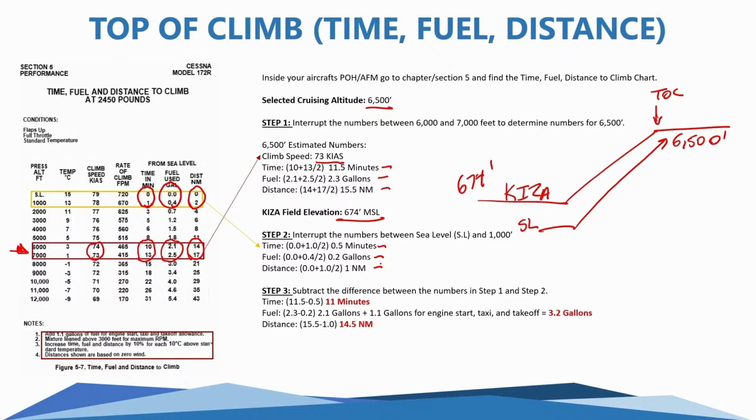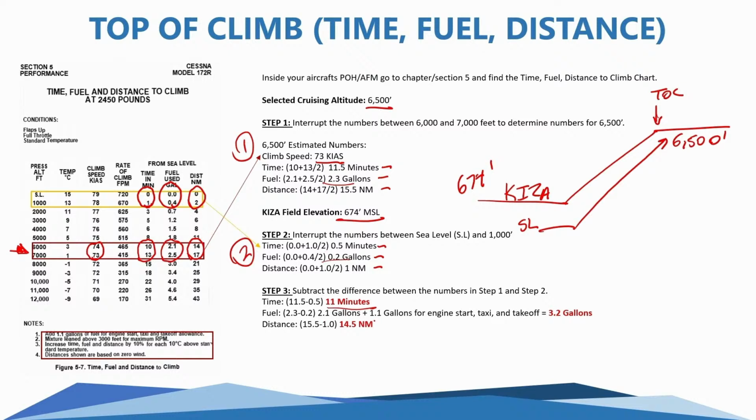Now what we're going to do is what we did in step number 1 here. In step number 2, we want to subtract the difference of those numbers. So very simply, I'm going to take the time of 11.1 minutes, and then I'm going to subtract the 30 seconds, or the half a minute, and that is going to give me a final value of 11 minutes. The fuel, I'm going to do the exact same thing. I'm going to take the 2.3 gallons I calculated in step 1, subtract 0.2, and then I have to do